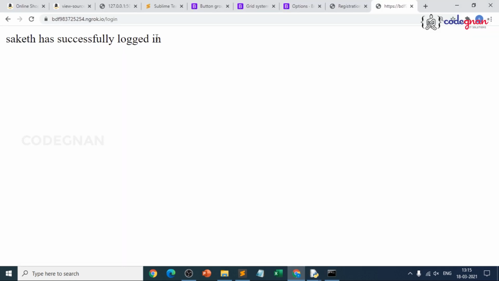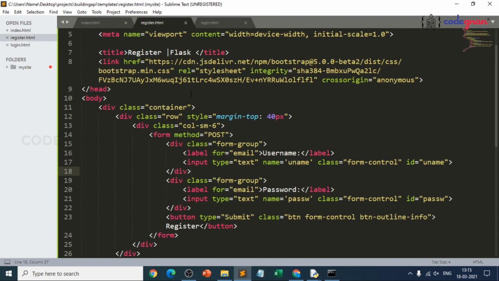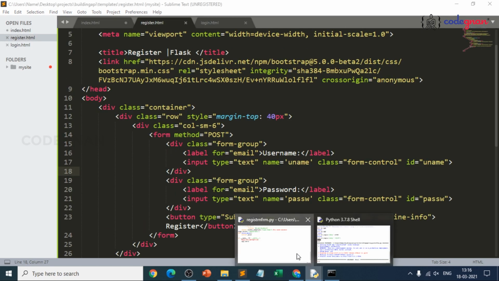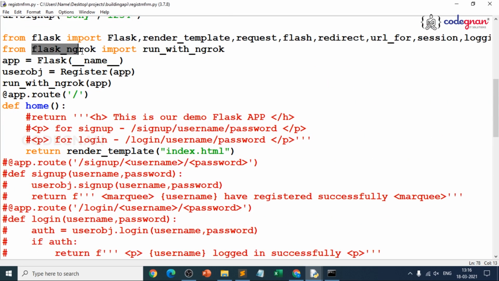How we have hosted our Flask application on Ngrok, and how we have made our Bootstrap libraries communicate with our Flask application. We just made one simple change. We have added 3 lines of code. How do we host our Flask application using Ngrok? By giving run with Ngrok, run the